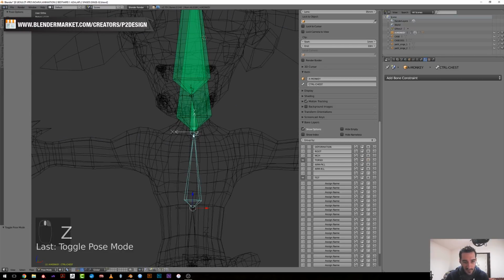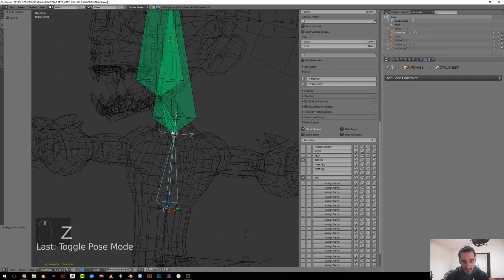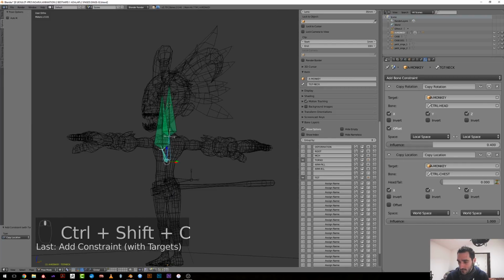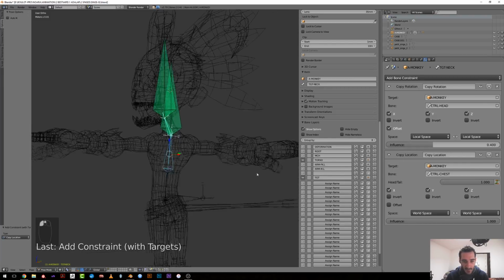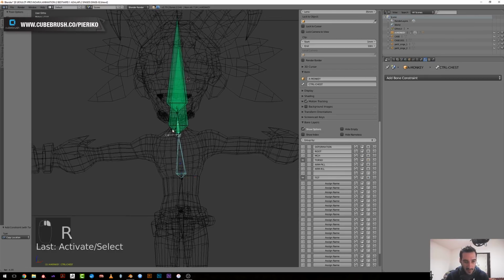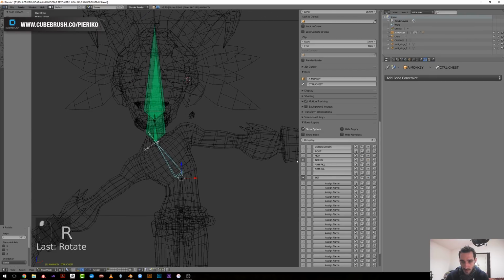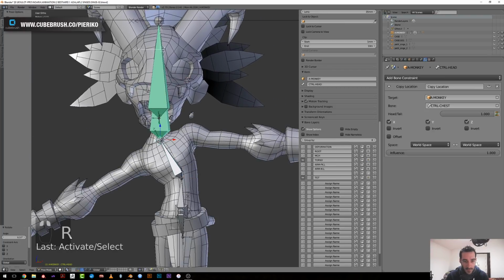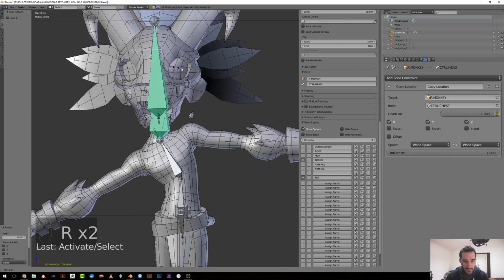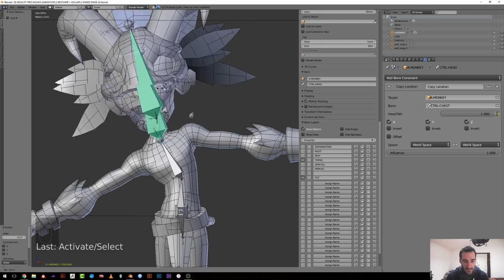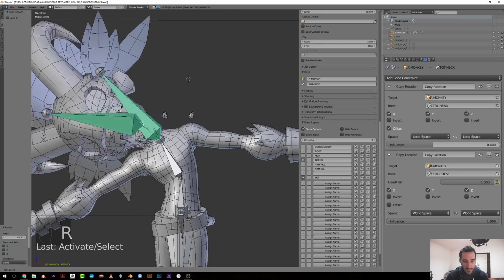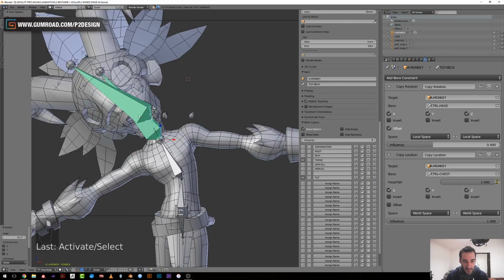Okay, I think I'm missing something here, but let's try. Okay, so now I can rotate the torso,